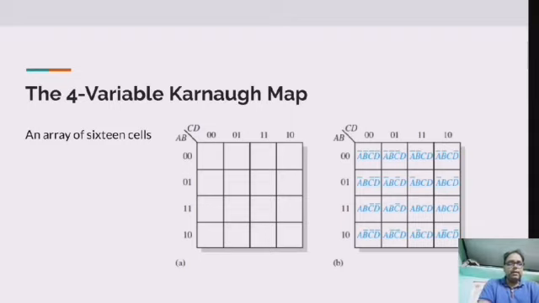For AB, we start from 0 0, 0 1, 1 1 and 1 0. Each time when we move from 0 0 to 0 1, we can see that there is a change of only a single variable, that is 0 0 has been changed to 0 1. It has not been changed to 1 1. So we have to take care that we only change a single variable when we move from one variable set to another, whether it is on the horizontal side or the vertical side.